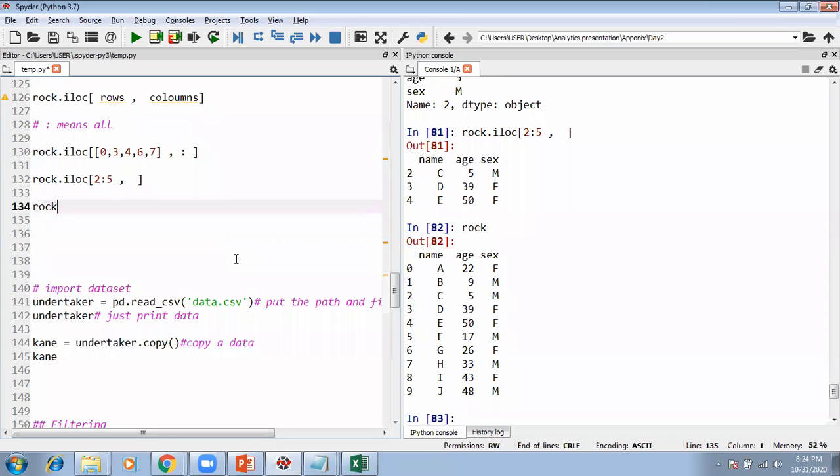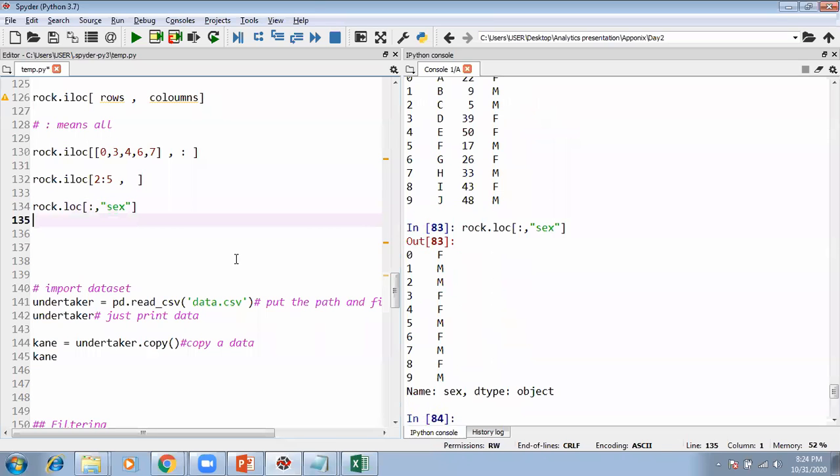In such a scenario, you write data.iloc, but you will not be writing I. You will be writing only LOC. Just by writing only LOC, it's going to allow you to write directly the name of the columns. Maybe colon, and for sex you need to put it in quotes. You can write directly sex, and you get to see the sex.